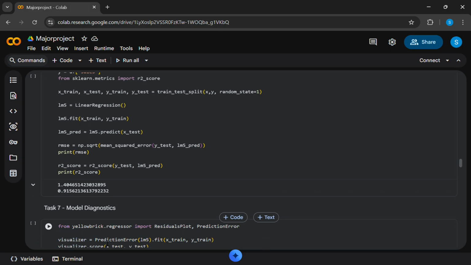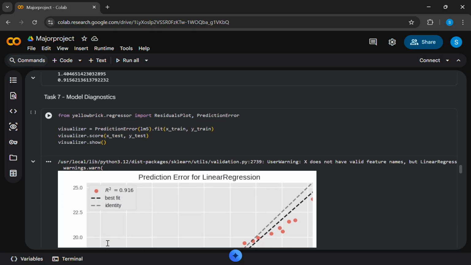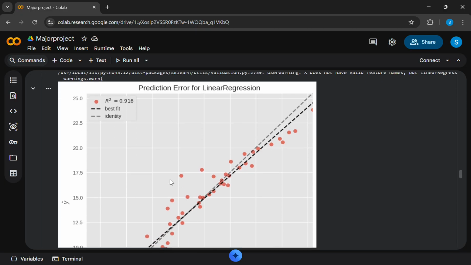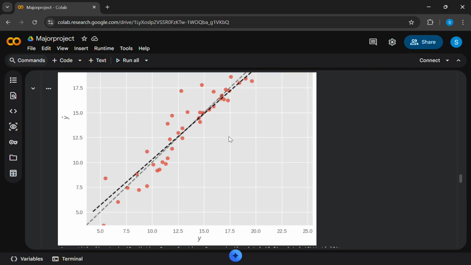And then we'll move to the task 7. It shows the prediction error plot. It compares actual sales value with the model predicted value. Here we can see that the data points closely match as they are very close to the identity line. So now we'll move to the task 8,